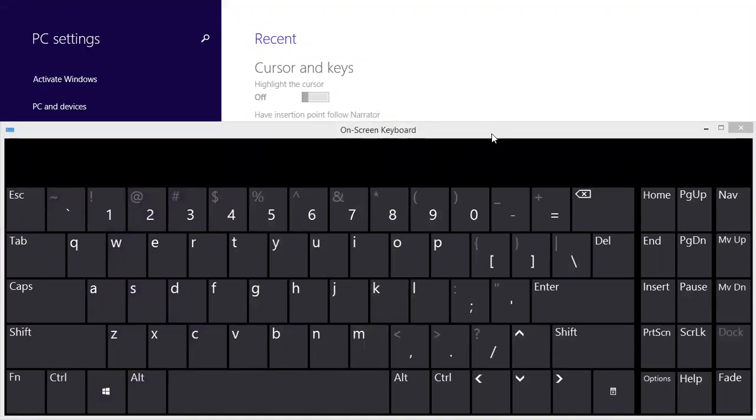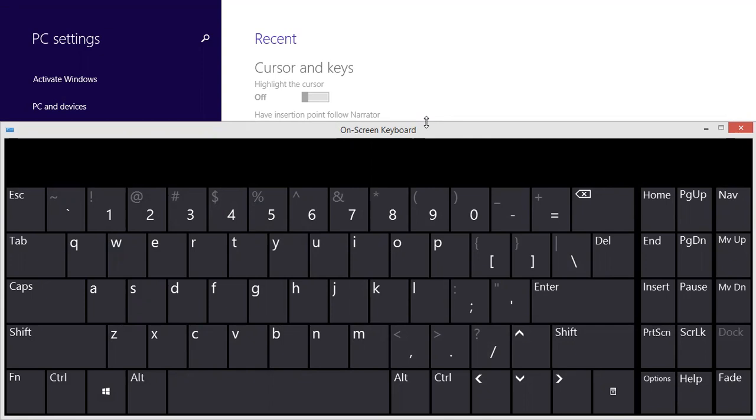So I would like to reduce the size of my screen keyboard. How are you going to reduce the size? You will see the title on your screen keyboard. Now see on screen keyboard. Slowly go near that. Then you will see that your mouse has become an arrow. So slowly drag your screen keyboard down or up, as you wish.